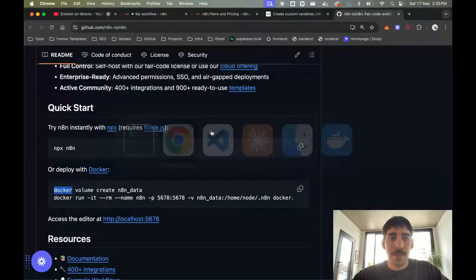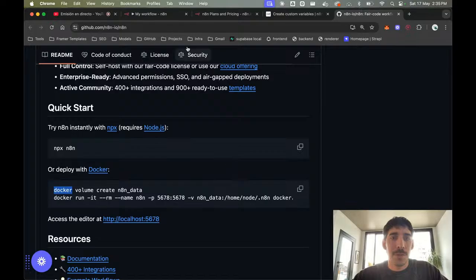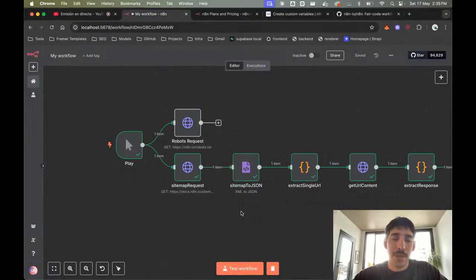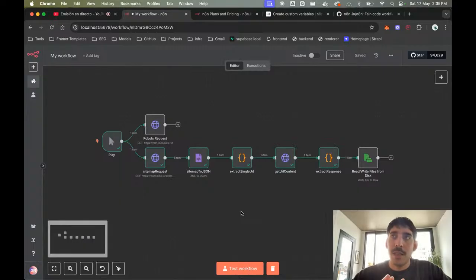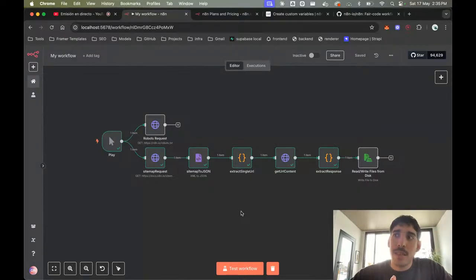So basically, the idea is to see if I can build a migration automation in n8n. And when I say migration, I mean for websites.